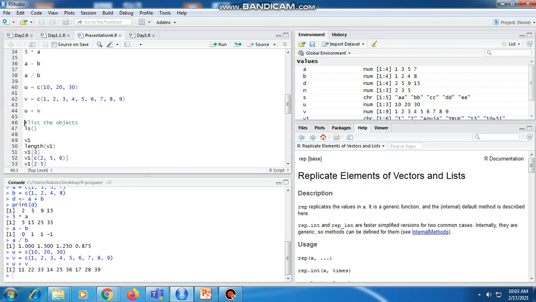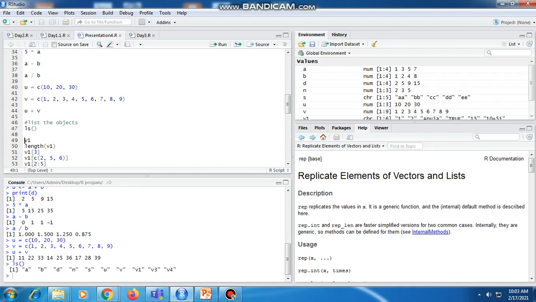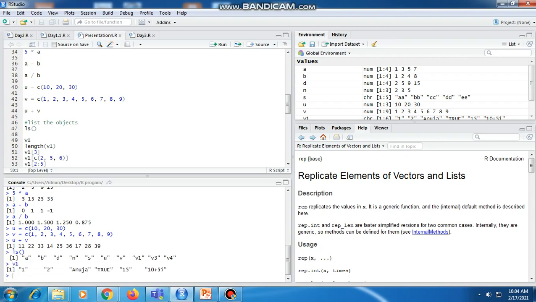If we want to check the list of objects created up till now, we can use the ls function. With the ls function it shows us the variables created so far. If we want to check the value of v1, as we already declared, it is like this.